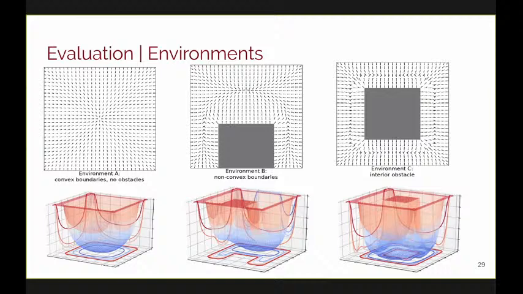For each of these environments, I'd really like to show you the gradient map, because I think that really clearly states how this algorithm works. So on the left, we have no obstacles or convex boundaries, and the gradient always points essentially to the center of the space. And so because of that, we would expect the performance of push-pull reactive to be roughly on par with that of steer to center. And then for environment B and environment C, you can see that it essentially tries to steer the user towards the most advantageous or the most open parts of the physical environment.